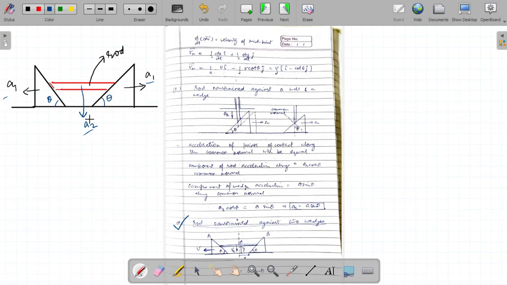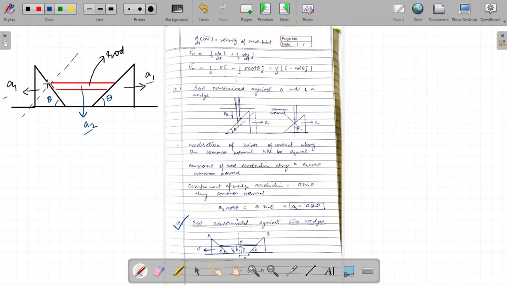Again we can do the same idea which we did in the last question. One idea could be that we could bring the rod completely down, and then ask what is the relation between accelerations, or we can simply ask what would be the acceleration of this rod in this particular direction along the common normal. So let us draw the common normal.